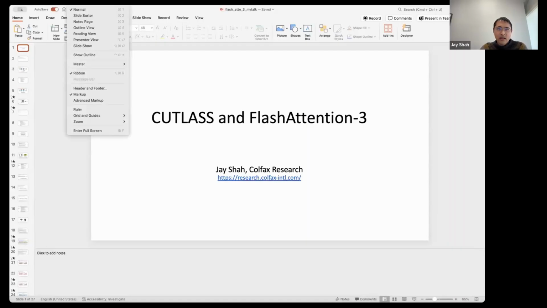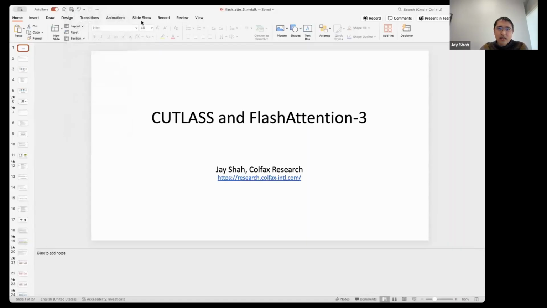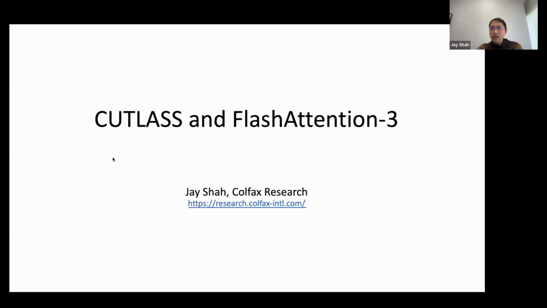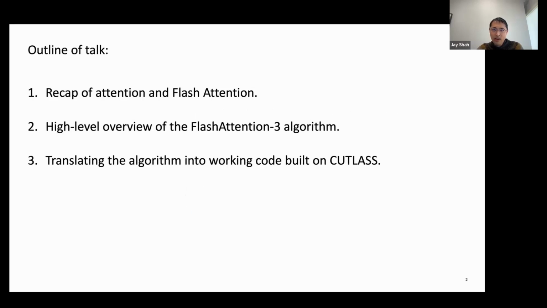Thanks. So let me share my slides, of course. Today I'm going to talk about Cutlass and Flash Attention 3. Here's the plan for the talk. I'll give a quick recap of attention and the key ideas of Flash Attention.